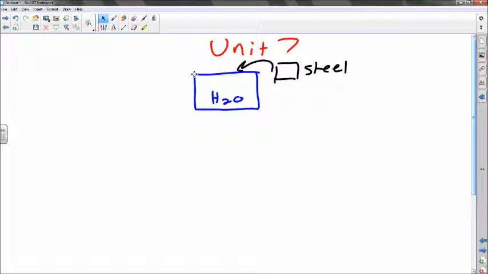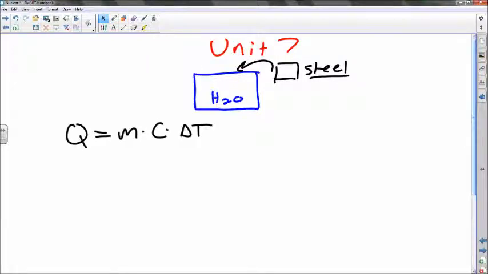Well, the first law of thermodynamics tells us that whatever energy the steel loses has to go into the water. It has to be the exact same amount. Energy can't be created or destroyed. So however many joules of energy are lost from the steel, that's how many joules of energy the water can gain. And if these are the only things that are exchanging energy, then that's the only energy that the water actually can get. So that means if we write out equations for each of these things,